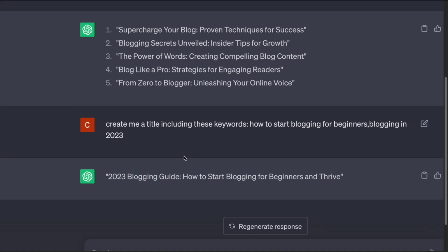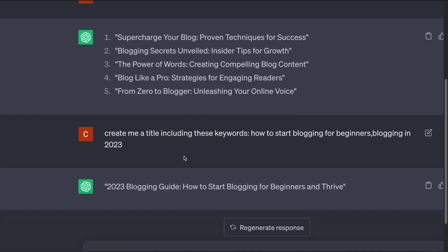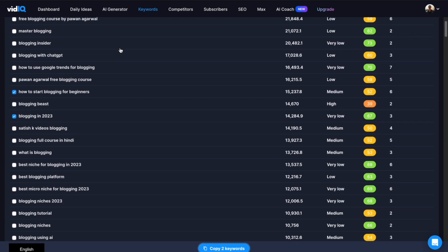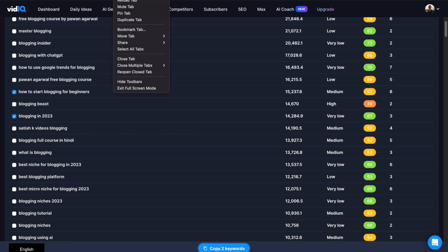So what I am trying to say here is that if you directly use one of these titles, that should be fine, but you might find it difficult to rank it high on search results. However, if you use VidIQ together with ChatGPT and do your keyword research, then you find the right keywords that give you a higher chance to rank on search results.